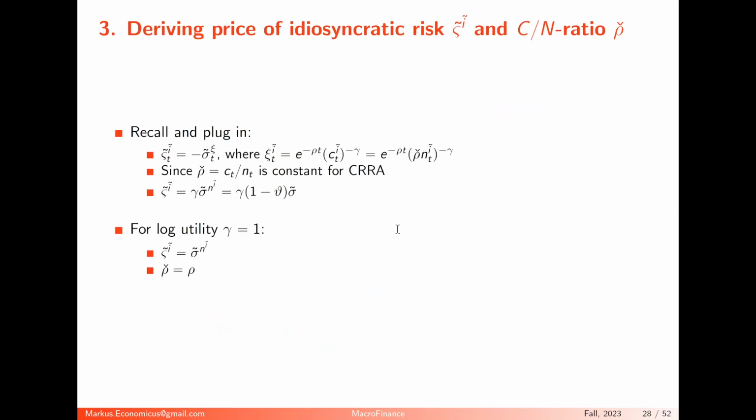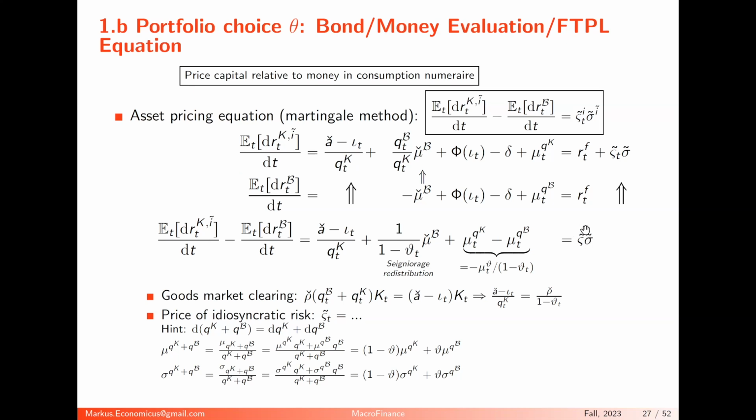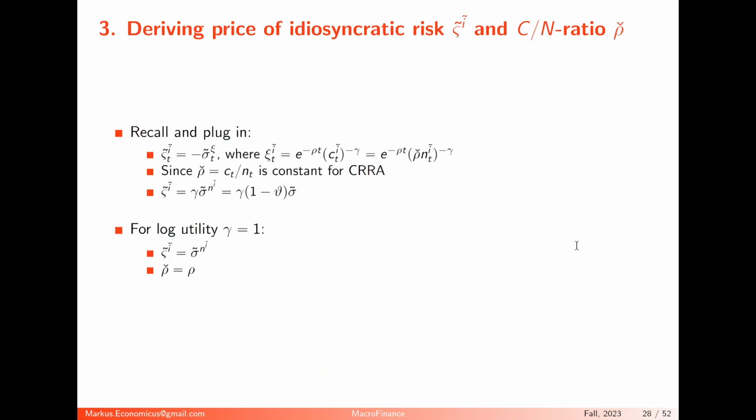And now I still want to say a little bit about this varsigma tilde. What is the varsigma tilde? Everybody? Price of idiosyncratic risk. Okay. So how do we get that? Recall the price of idiosyncratic risk: when I look at the SDF, it's a loading on the idiosyncratic Brownian. The SDF, the drift was minus the risk-free rate. Then there was the loading on the aggregate risk. We don't have that. This is varsigma minus varsigma. And then I have the idiosyncratic risk. So it's this guy here.